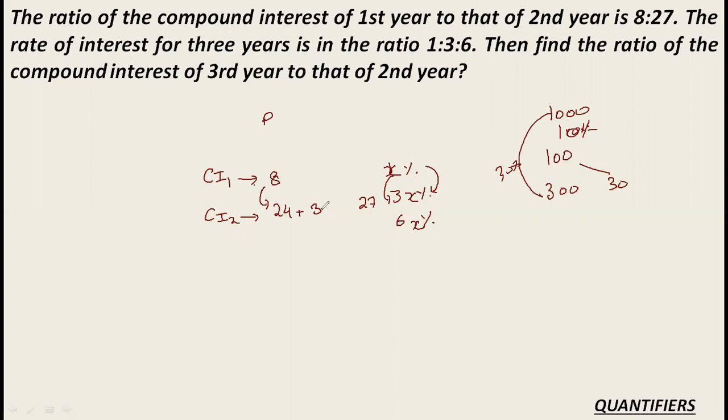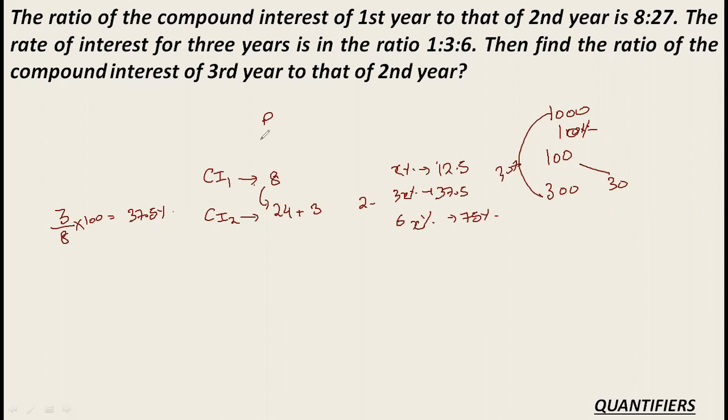And on what are you getting this additional interest? On this rupees 8, you are getting this additional interest. So basically 3 by 8 into 100, my rate of interest comes out to be 37.5. So basically this 3x is nothing but 37.5%. Okay, because this is my rate of interest for second year. So that is equivalent to 37.5%. X%, which is 1/3 of this, is 12.5. And 6x is 75%. Now my work is very easy.